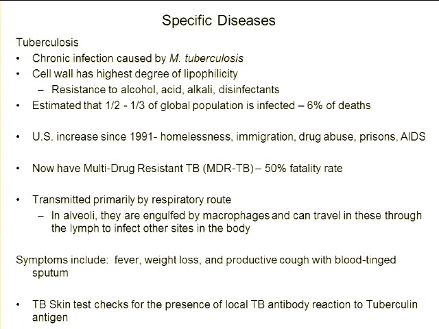The very distinguishing symptom is a chronic and productive cough with blood-tinged sputum. Okay, so this is a chronic cough, can last for months, and it is a productive cough. So you guys know the difference between a productive cough and a non-productive cough. A productive cough will typically have sputum in it. Non-productive is just kind of that hacking, dry cough. Okay?